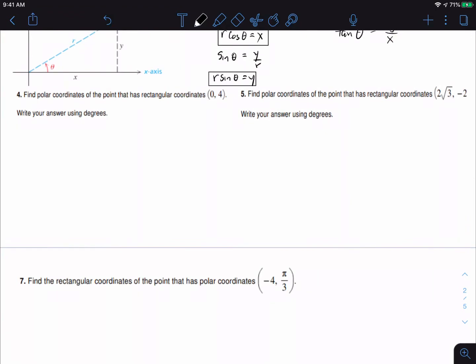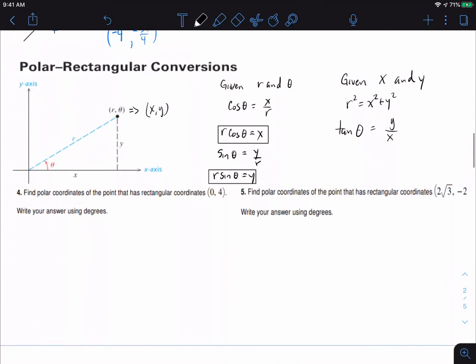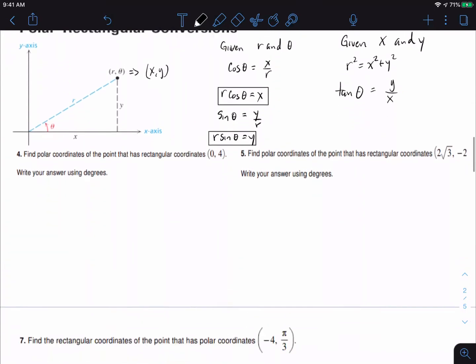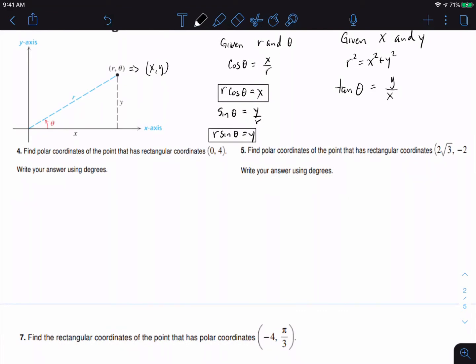So number 4 says, find polar coordinates of the point that has the rectangular coordinates 0, 4. So that means we're given the x and y. So we're going to have to use the r squared equals x squared plus y squared and tan theta, right? But let's try and see if we can do it an easy way. So let's graph it and see what happens. So if I were to graph it,